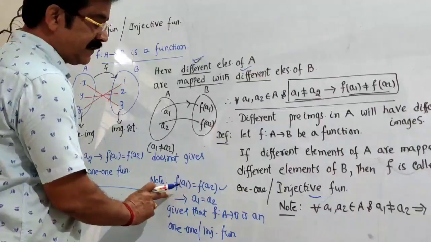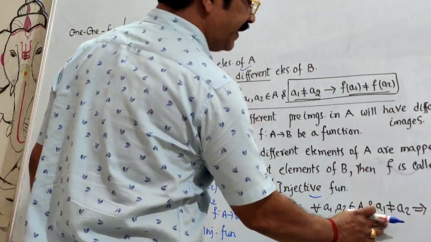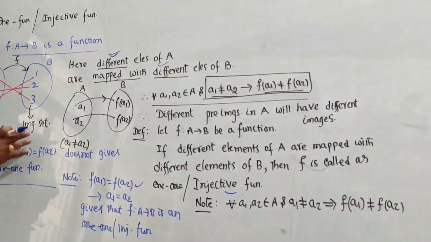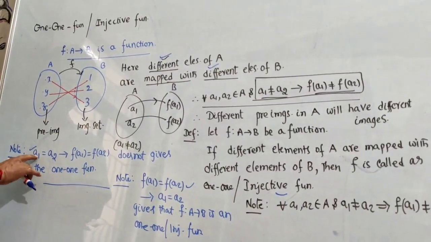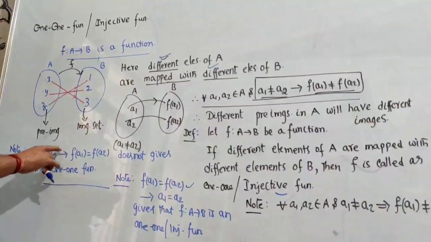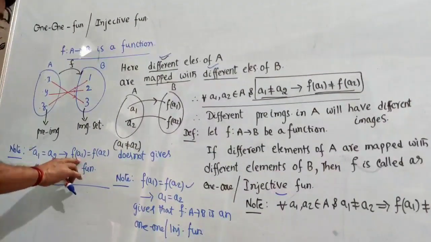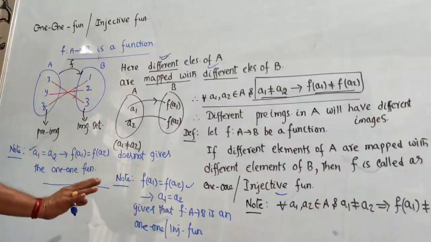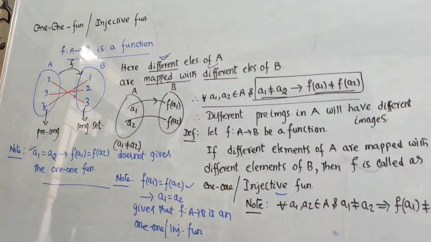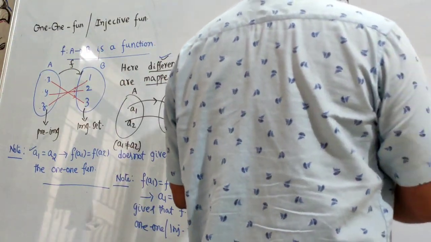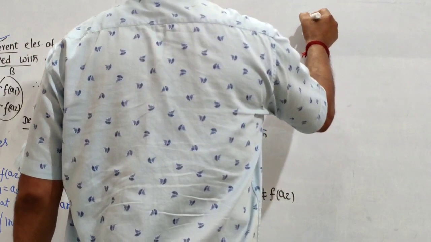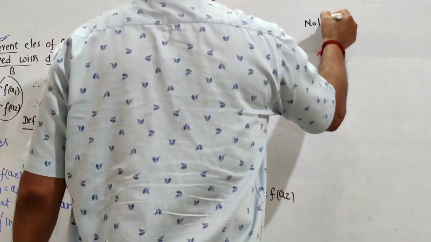90% we are using this definition or this definition. Once again, this is not the definition for one-one function. Don't take a1 is equal to a2, and then prove f of a1 is equal to f of a2 for one-one function. Understand? Next, I'm telling that, note another note, if